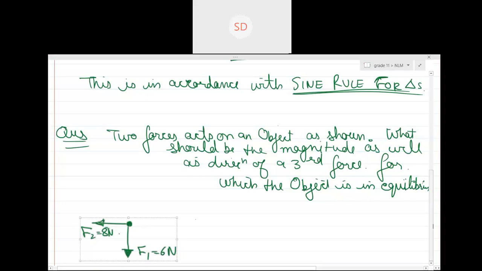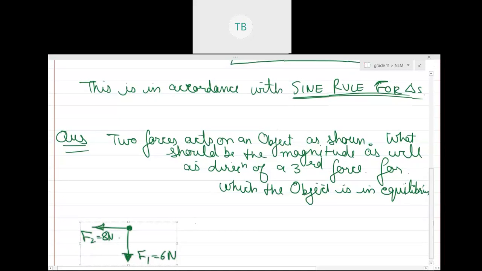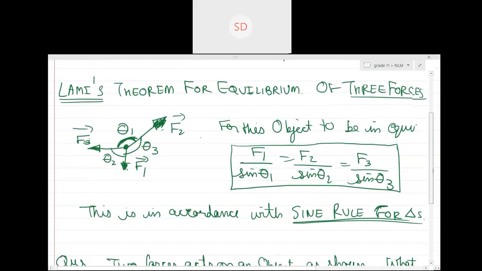So, write down the question and solution. Done? Everyone done? Chalo, start solving. Tell me how will you solve it? First thing first, can you see there are three forces involved? So you'll assume that the angle between, let's assume the third force is like this. Because can you see exactly the same figure?